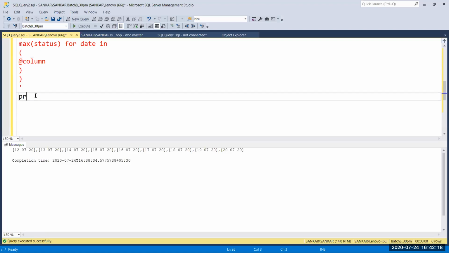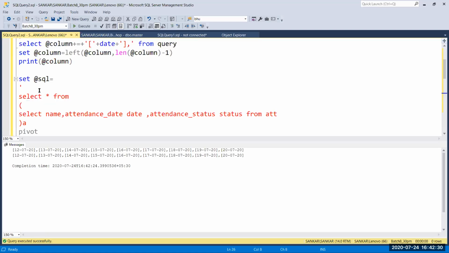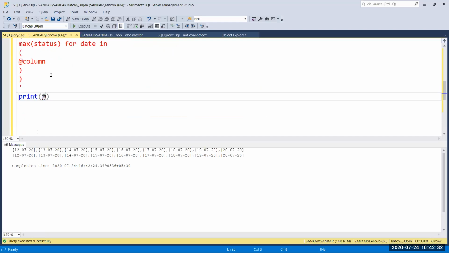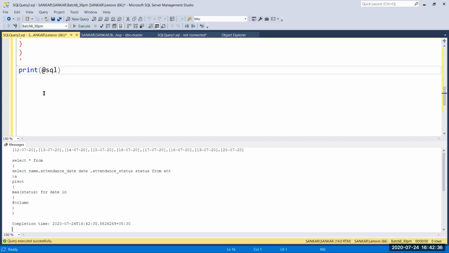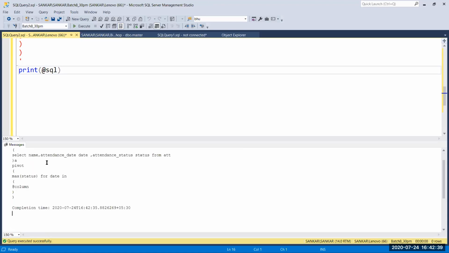So now I'm going to print this, print at SQL, because we have given a query in SQL. You can see here.